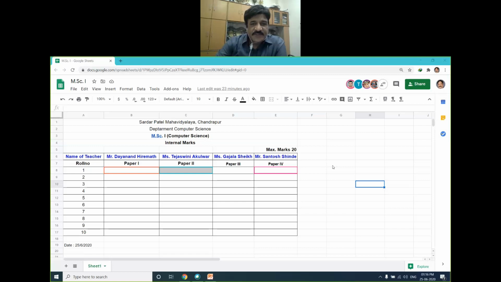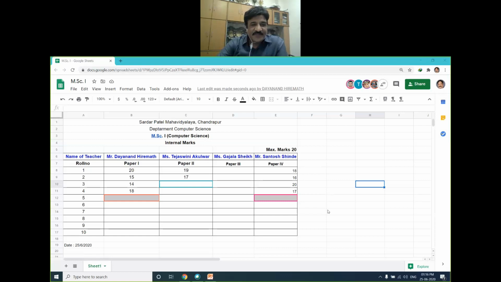Now all the teachers are going to fill in the marks. Observe the color. So the teachers have started. See here the name of the teacher who is entering the marks.